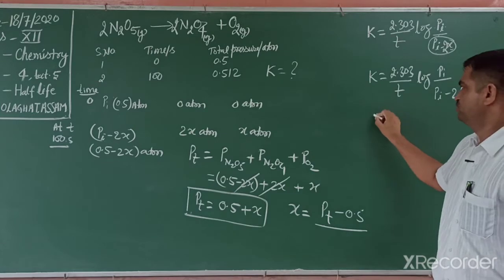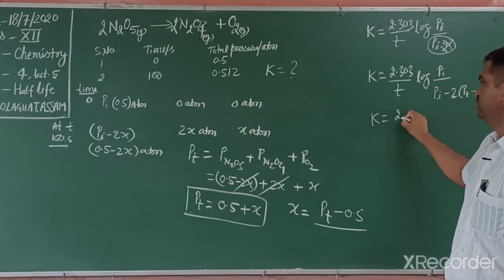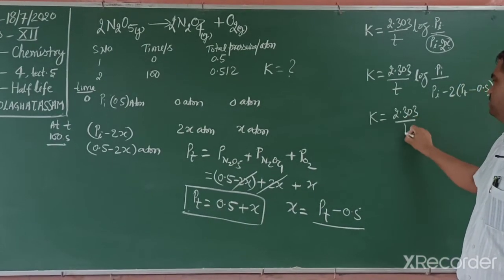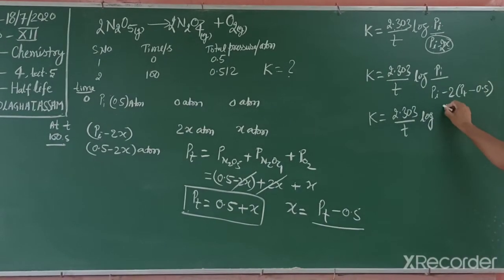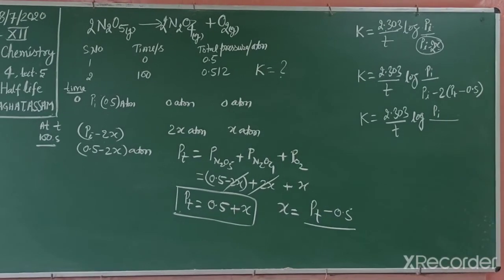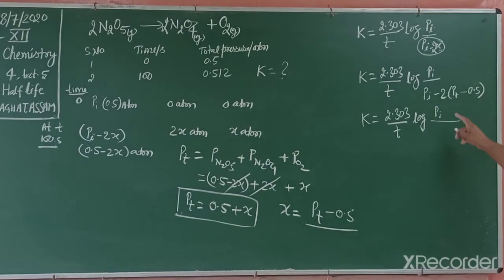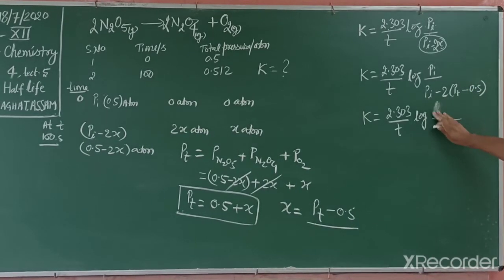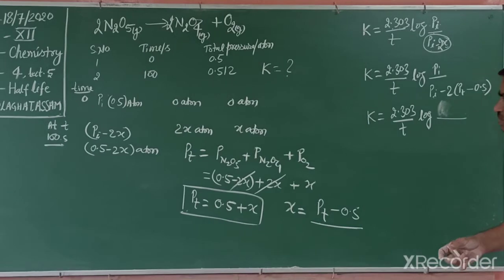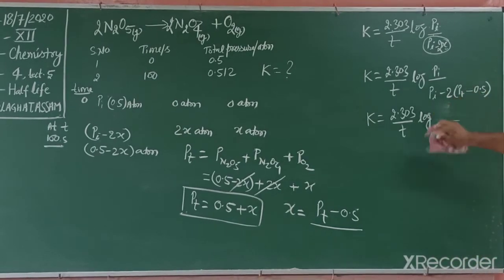So students, by solving this, we can find out their value by t log initial value. We can write Pi divided by, again we have to multiply, and we can write their value. If you write in the place of value, we solve this particular numerical Pi, that is 0.5 atmosphere, and we write here also 0.5 minus